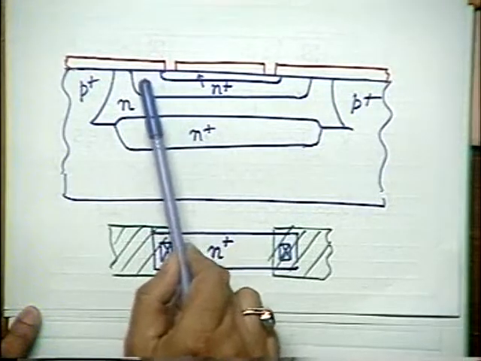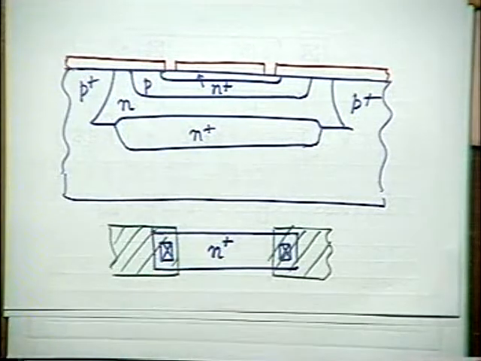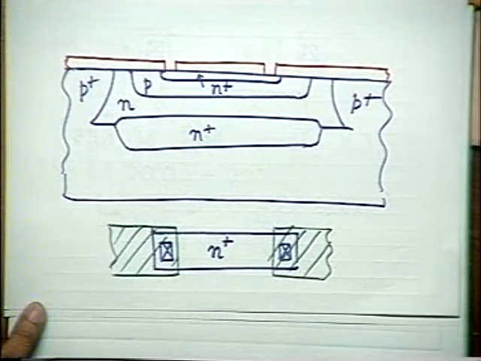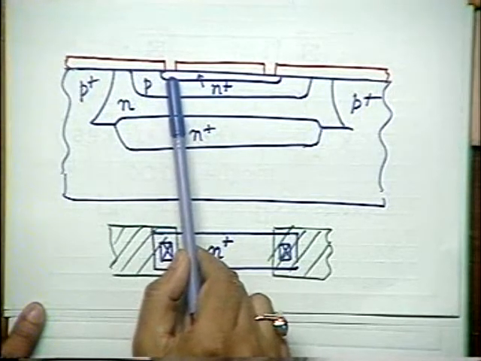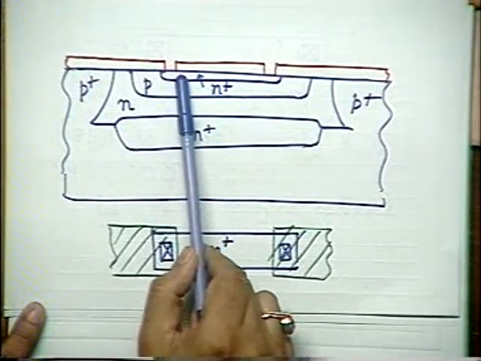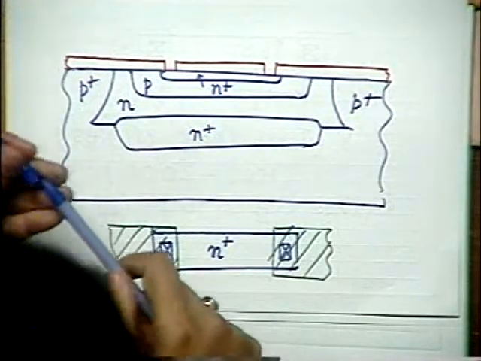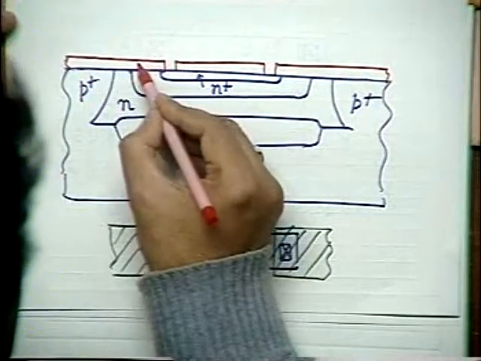You are right, very much right. Don't allow this junction to be forward. If somehow, due to any reason, this junction becomes forward, you are in trouble. If you keep it floating, there is every chance that sometimes this junction will be forward biased and you are in trouble. So what you do, when you are etching the window for oxide, you keep an opening here,